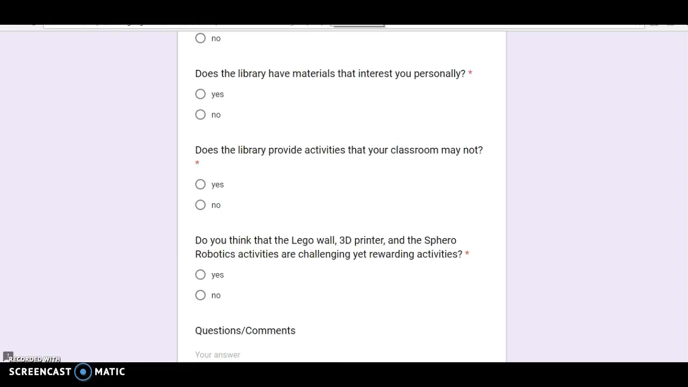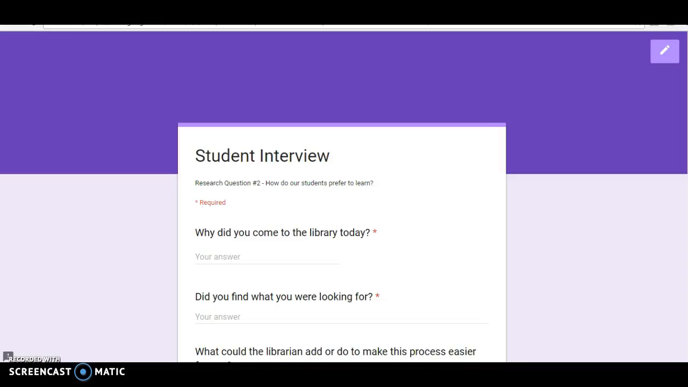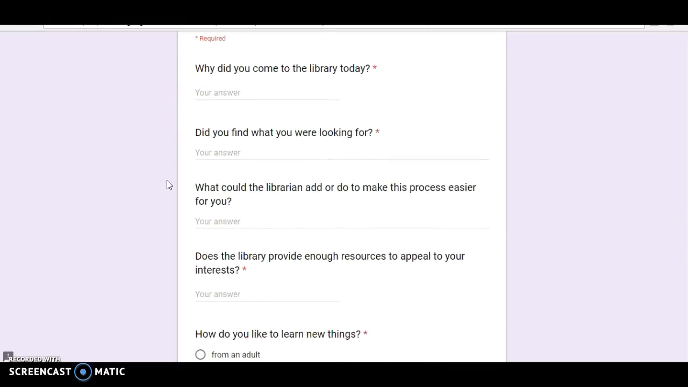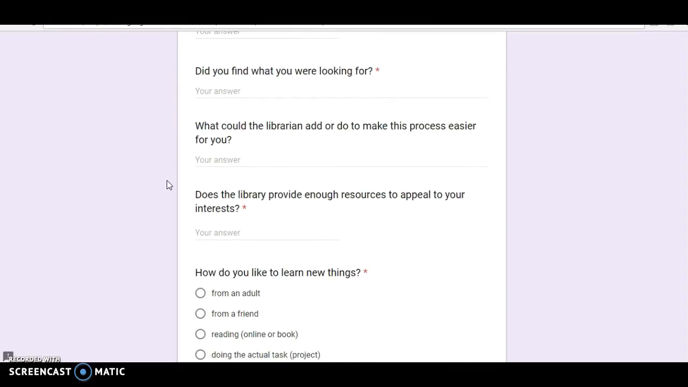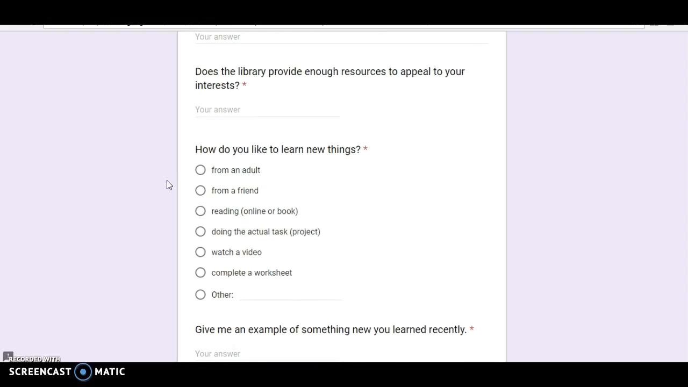Next, I would show the student survey that addresses the second research question. How do our students prefer to learn? This is a student interview. The questions ask about the students' reasons for coming to the library, what can be added or done to make the process easier for the student, if the student thinks that there are enough resources in the library to appeal